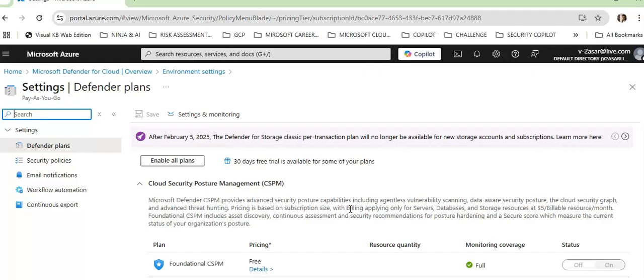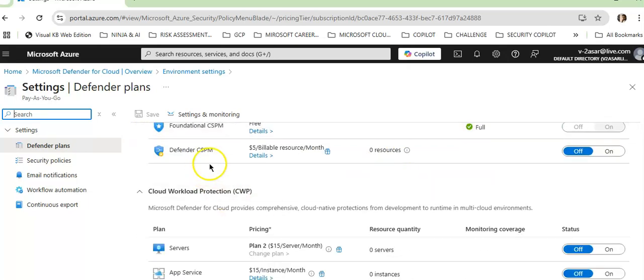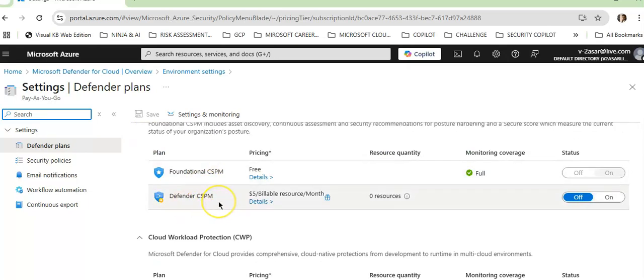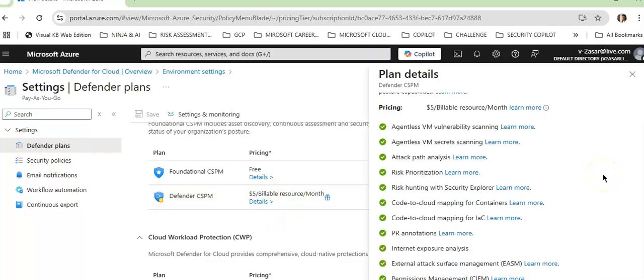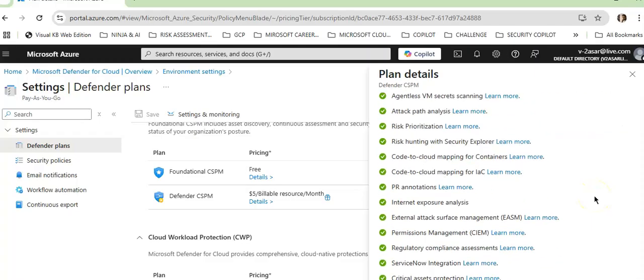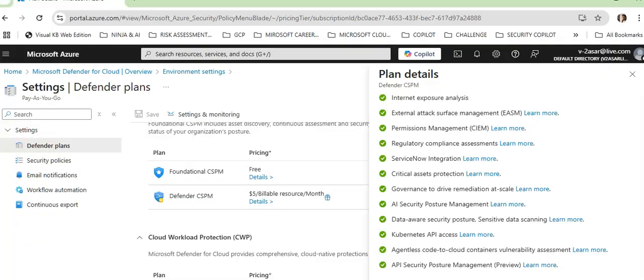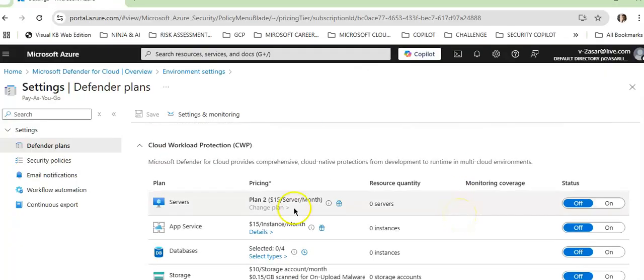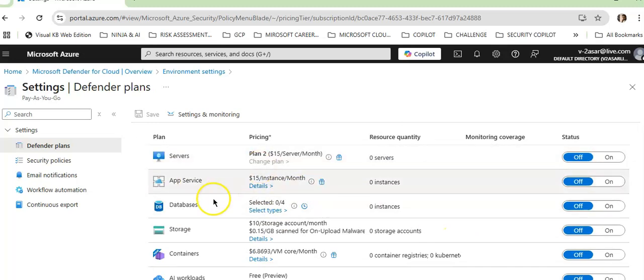And you see that I have an option of enabling Defender CSPM, Cloud Security Posture Management. This is foundational, this is Defender, to turn it on for $5 per billable resource per month. If you see the details here, this is what it provides with that fee. And in the same way you have different cloud workload protection plans for servers, for app service,